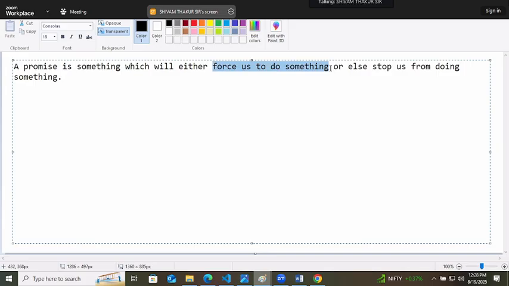Now, let's say you promised someone that I will never abuse, just a normal promise. Now, it will stop you from abusing. Or else if you promised someone that, okay, every day I will go to the temple. Now, even if it is raining, you don't want to go, but forcefully you will go there, right? So a promise is something which will either force you to do something or else stop you from doing something. That is only the promise.